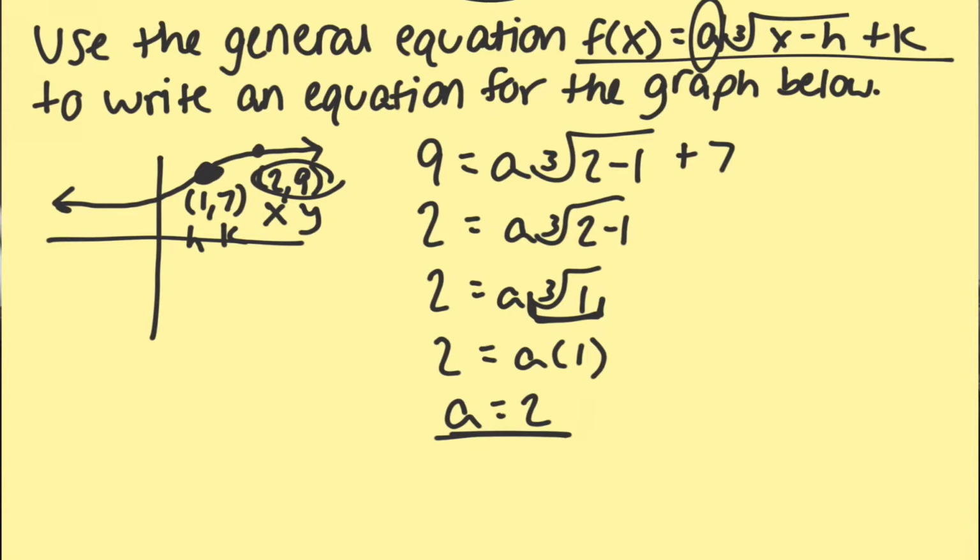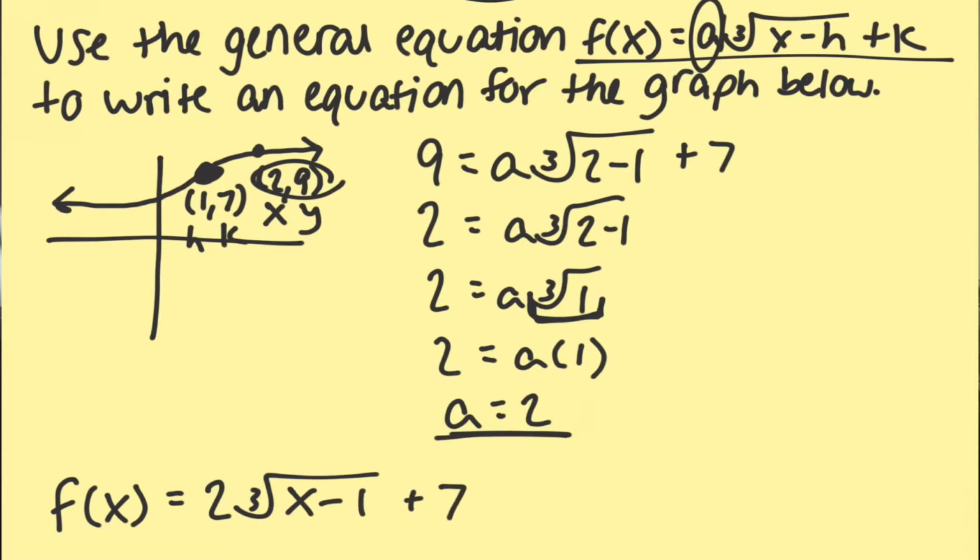So we want to plug (1, 7) back into the equation, but leave x and y. So f(x), or y, equals a, which is always going to be 2, times the cube root of (x - h), where x can be anything, plus k, which is 7. So again, once you plug in everything to solve for a, you can plug everything back into the equation except